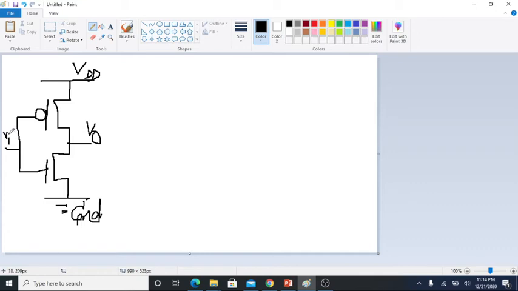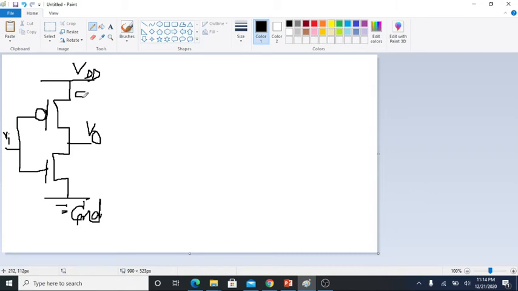Before proceeding to further implementation, what should you do first? First mark the terminals, because source and drain marking is very important. Why is that so? Because in the stick diagram and layout you should be clear whether the source or the drain is connected to VDD. So always, before proceeding to the stick diagram, mark the source and drain terminals.